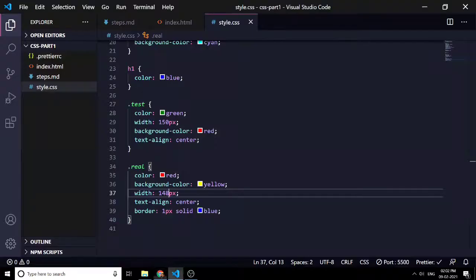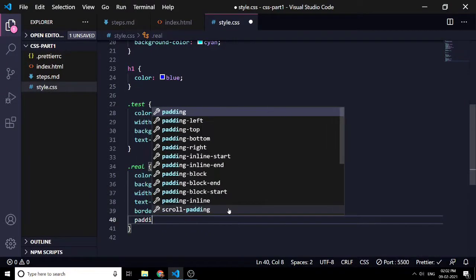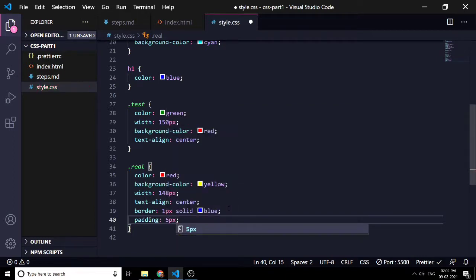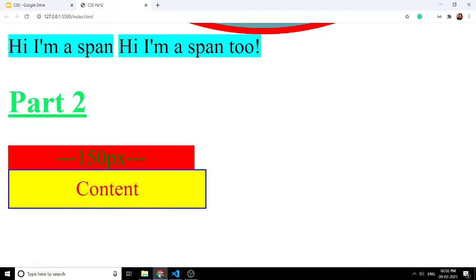So let's see what padding means. So let's give it a padding of 5 pixels. So now you can see that again our div is slightly bigger than the previous one, which is because of the padding that we gave.